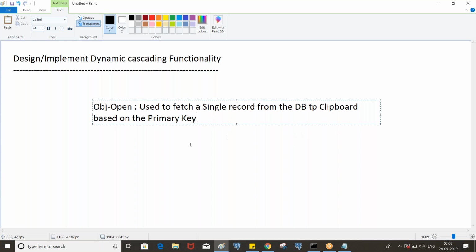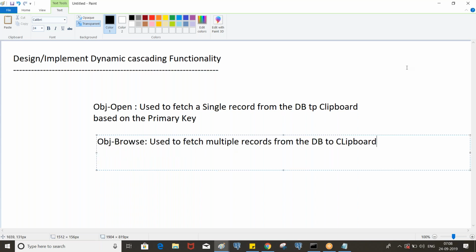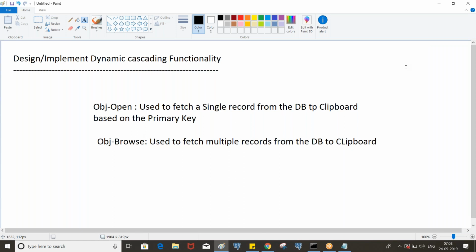Now obj browse: use it to fetch multiple records from the database to the clipboard.